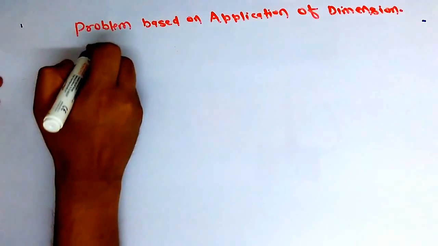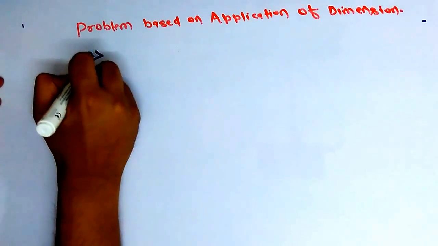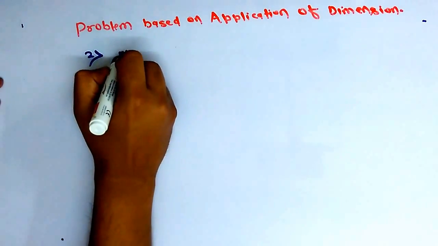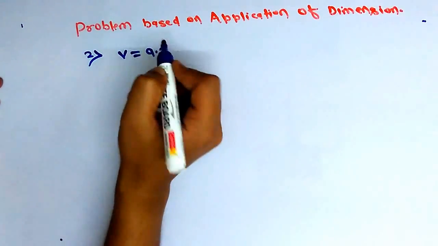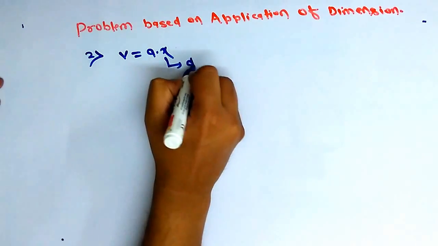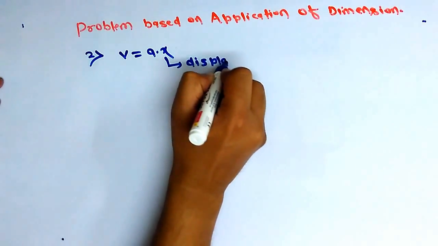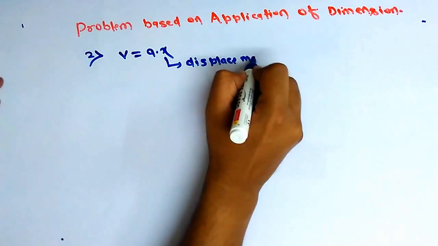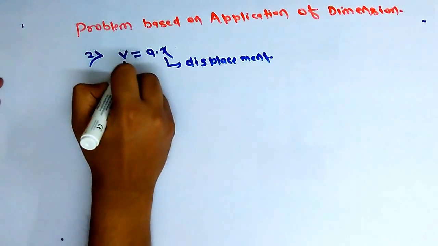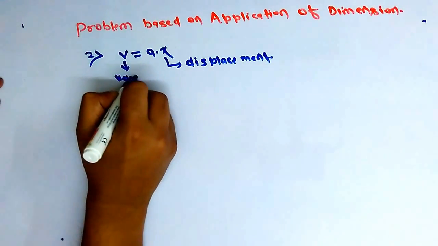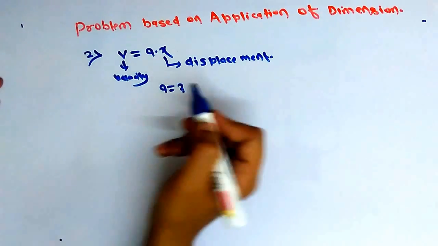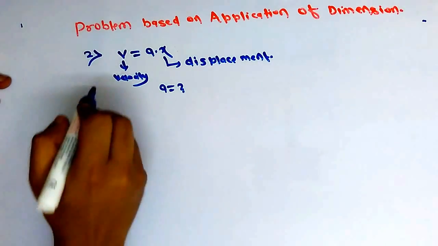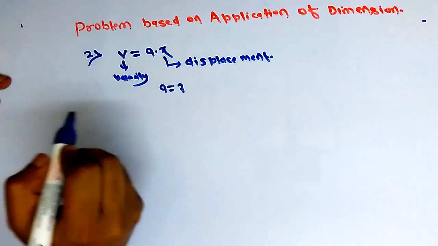Suppose in problem 2, it is given that velocity is a into x, where x is displacement and this is velocity. So you have to calculate what is the value of a. For solving this type of question, again we will go through the dimensional analysis, and according to the principle of homogeneity,